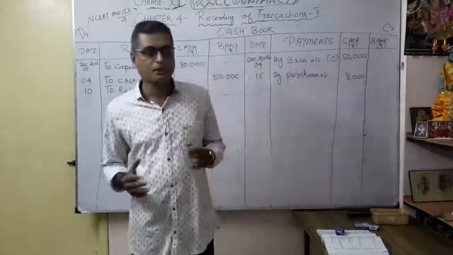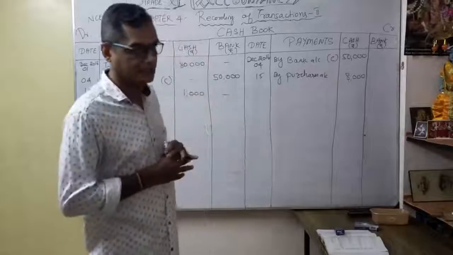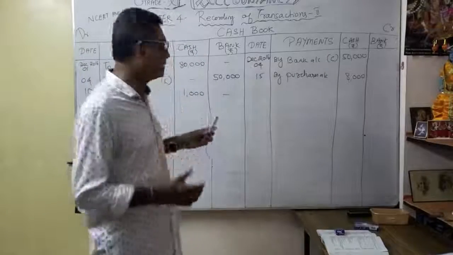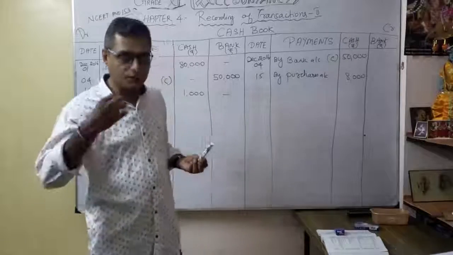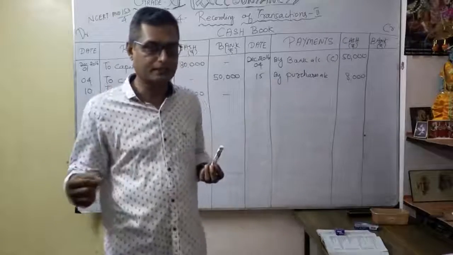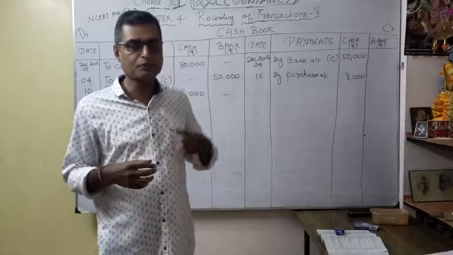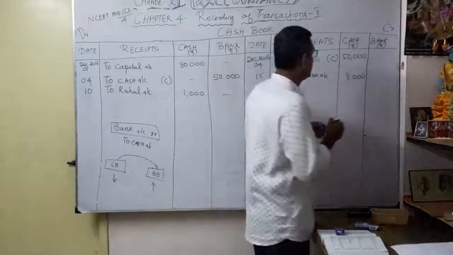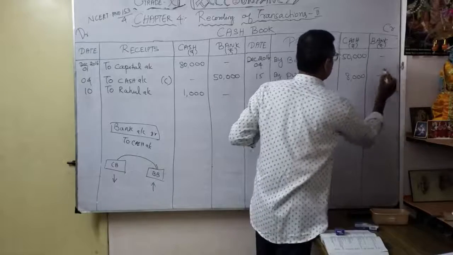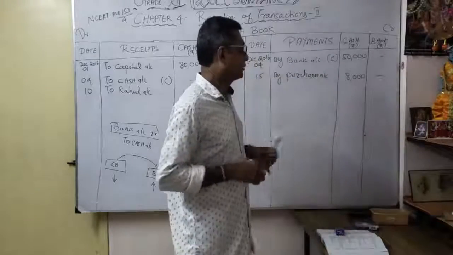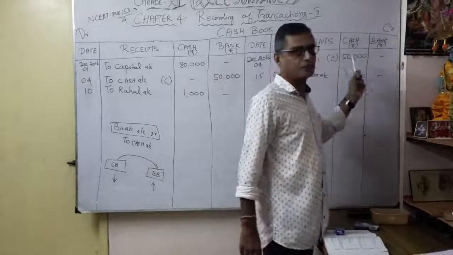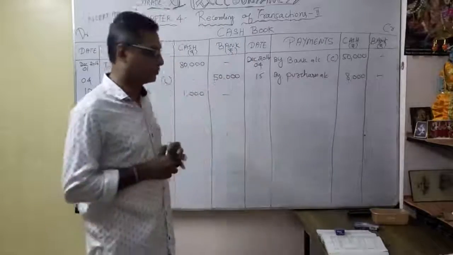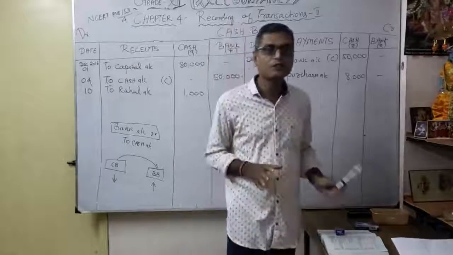You understood? How you are going to enter in this journal entry. That's why you have to practice. Don't go directly to posting the transaction. You yourself have to first write the journal entries. Here, purchases account debit to cash account. So in the cash book, by purchases 8,000. Okay. Should be very careful. So put a dash here, so you understand which column I am going to write. Otherwise, what will happen? You wrongly enter it in the bank column. So this transaction is related to a cash transaction.